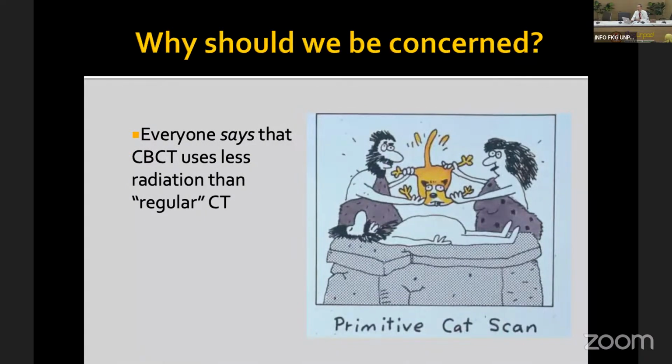Some people argue that CBCT uses less radiation than regular medical CT, which is true. If we're talking about medical CT, the radiation dose is much higher. CBCT, although it's not like medical CT, is still significantly higher when compared to intraoral and extraoral imaging.